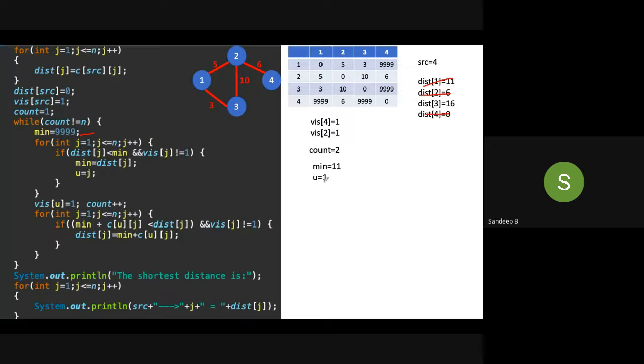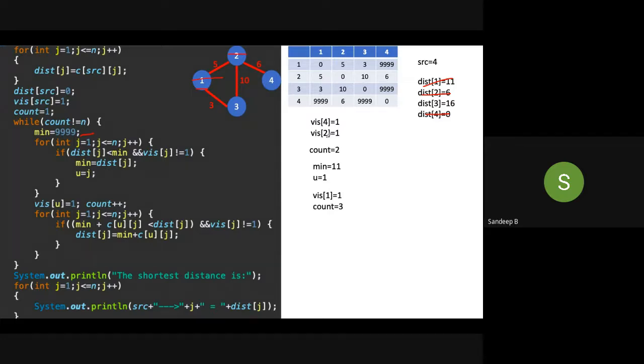U is 1 means vertex 1. From 4 we have solved to 2, and now we have solved to 1. Visit of 1 is equal to 1. So 2 is also over; we have visited this, we have started from here.